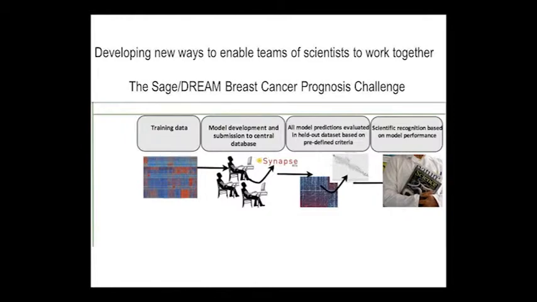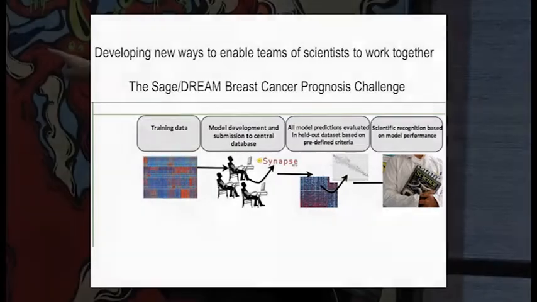So we had the data set and the training data. We could make it so that you could submit your models to Synapse, all those model predictions could be evaluated, and then you could get a journal. We lined up with the editors at Science that the winner would automatically get a paper. Forget peer review. Just blow up peer review. Seriously, why have peer review if you've beaten everyone else? They agreed to it. There were a bunch of conditions, but the winner of the challenge got a paper in Science Translational Medicine.